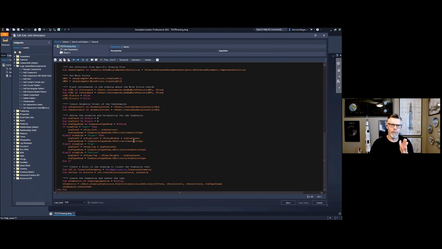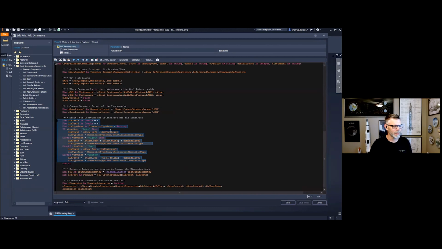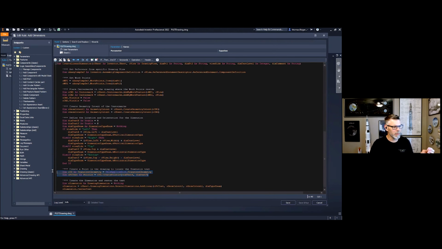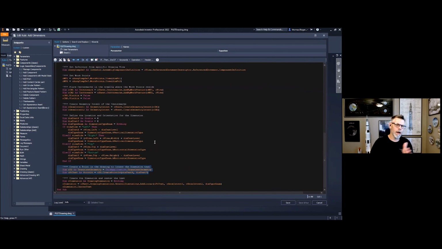Where am I going to be placing this dimension? Is it going to be to the left of the view, to the top, to the right, or to the bottom of the view? I need to know where I'm placing the dimension. And then, of course, lastly, where am I going to be placing the text? How far away from the view? Is it going to be close to the view or further away?